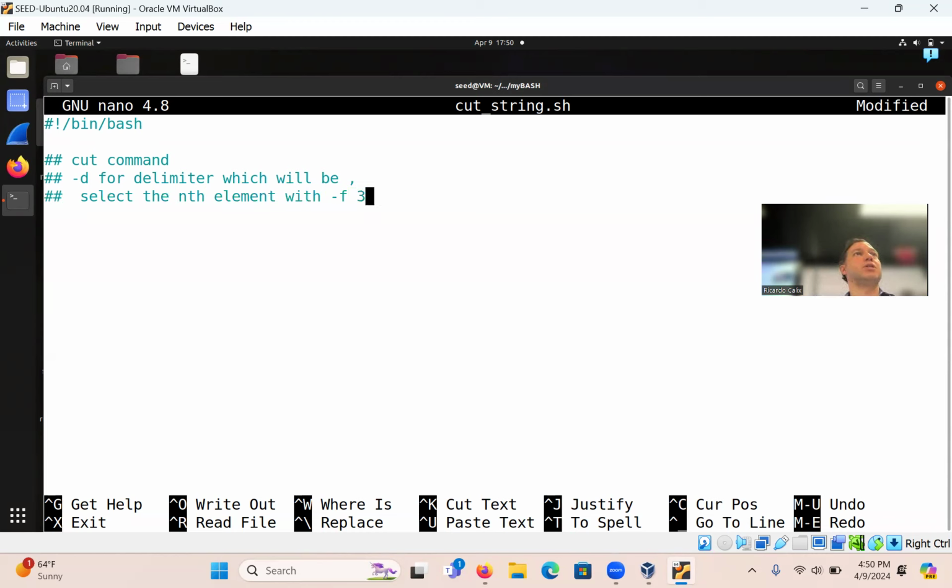And so these are just Linux commands, right? But we're going to write it in a script. And notice most of the code was just comments, and then we can literally just type the command. So cut -d, comma, which is the delimiter, -f, oops, sorry, -f, and then some item, let's say 4. Does that make sense? All right.